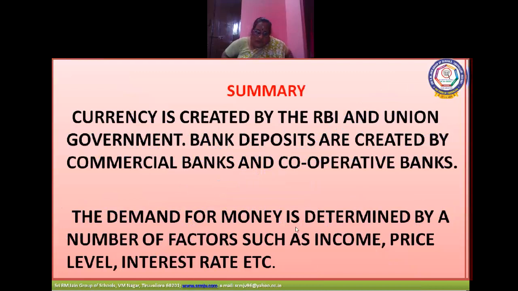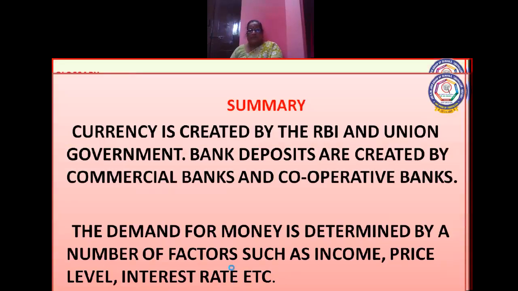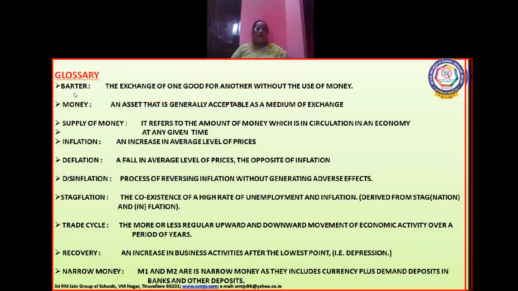What is the summary of the lesson? In this lesson, what did we learn? Let us put it in this way. Currency is created by the RBI and the union government. Bank deposits are created by commercial banks and cooperative banks. The demand for money is determined by a number of factors such as income, price level, interest rate, etc. The glossary also I have given, that is the meaning for barter, money, supply of money, inflation, deflation, disinflation, stagflation, trade cycle,